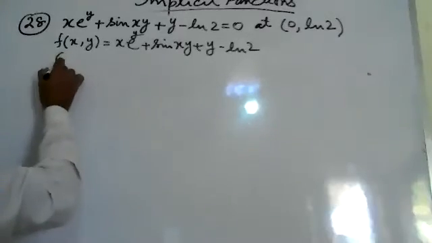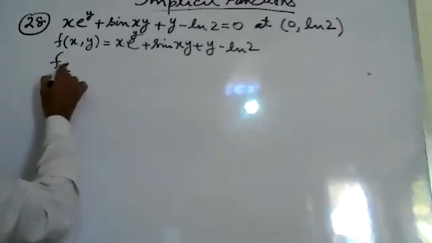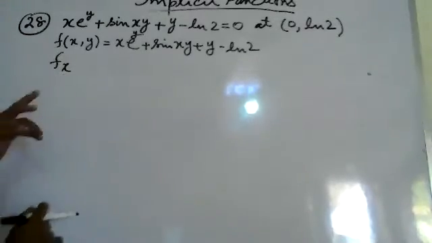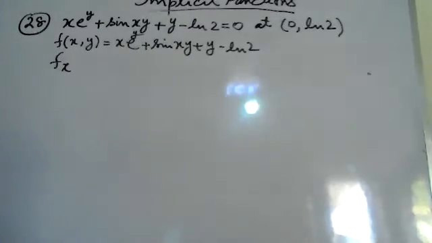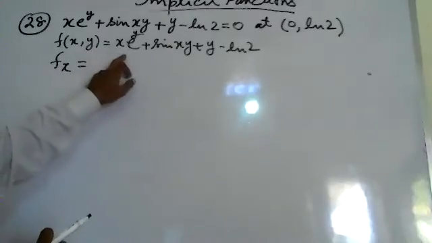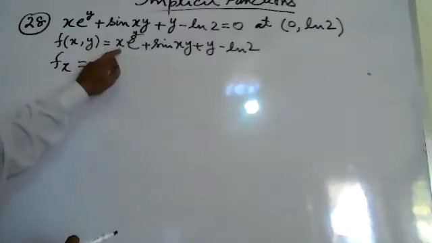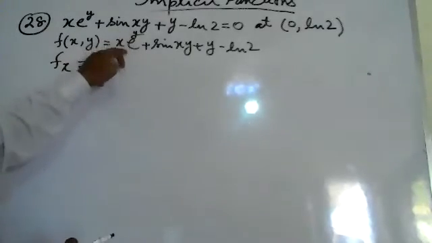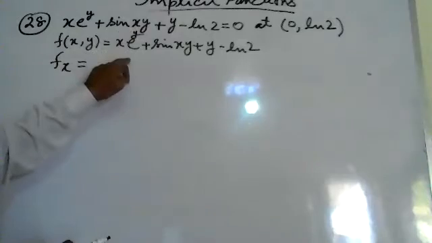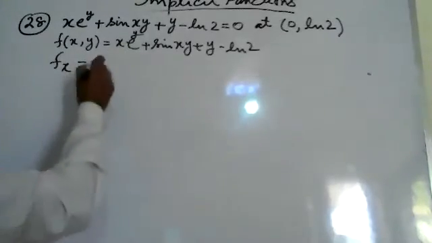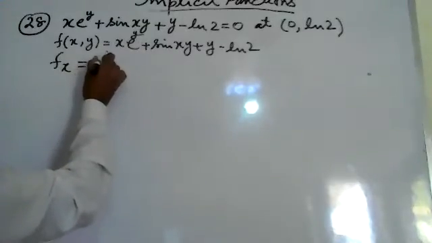Now we will find f of x. Don't put the bracket when we are finding the derivative. This is the partial derivative with respect to x. If we put the bracket, then it will show this is a function of x. So we'll take the partial derivative of f of xy with respect to x. Derivative of x will be 1. E raised to power y has no x, so it will be considered as constant. So 1 into e raised to power y will be e raised to power y.